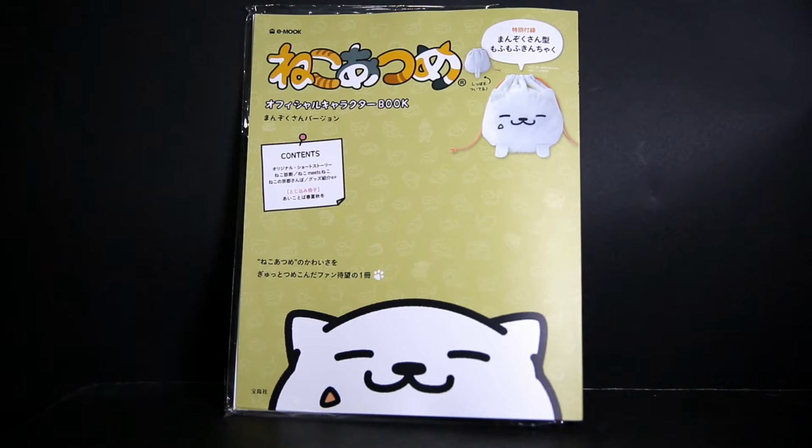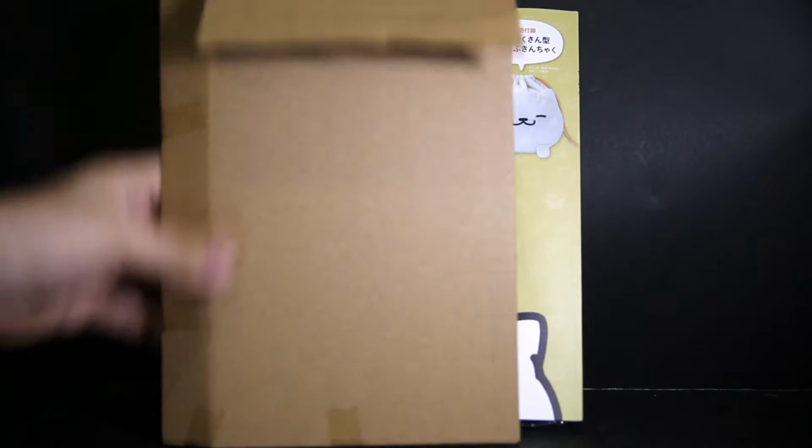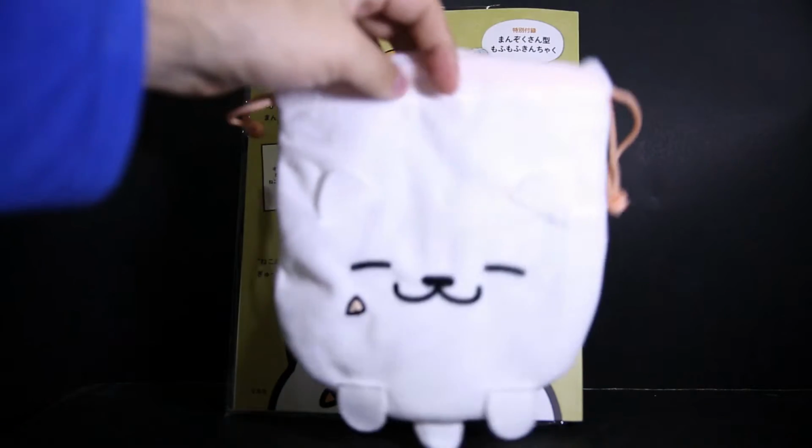Yeah, this was like 100 Hong Kong dollars at Animate, a store that imports Japanese magazines and whatnot. In the back of this box is a little plastic bag, and inside the plastic bag is this little cardboard thing. Inside that is a little bag of powder stuff that helps keep things dry, as well as a little bag of